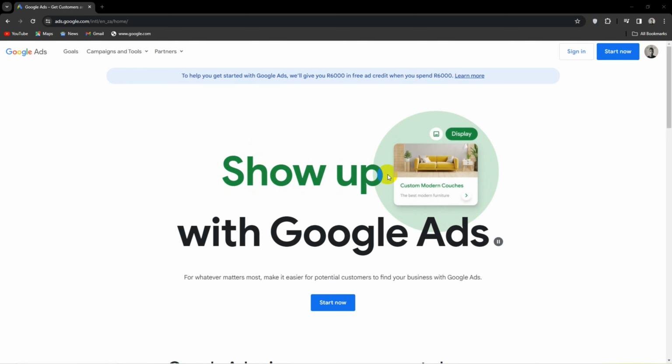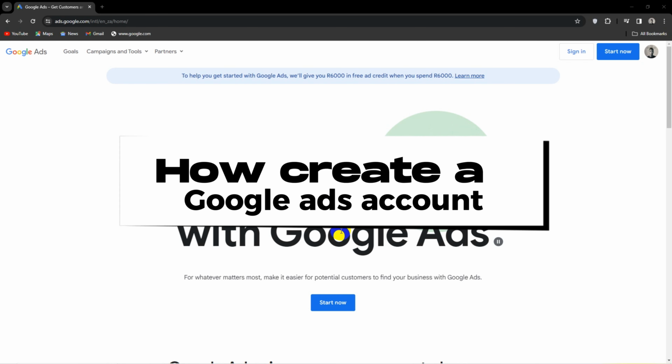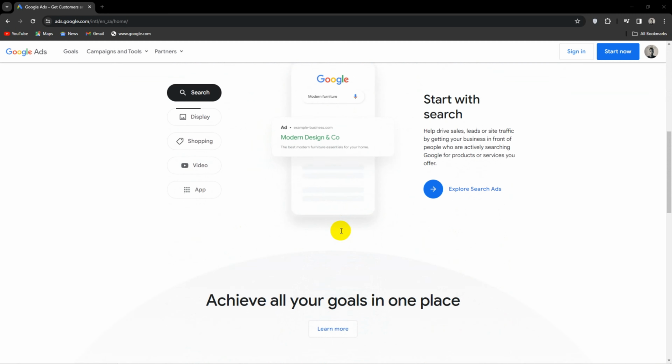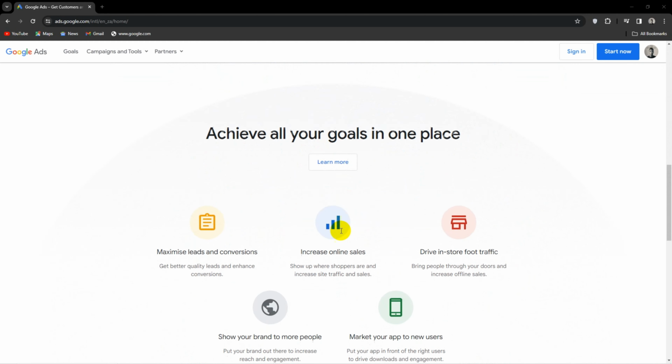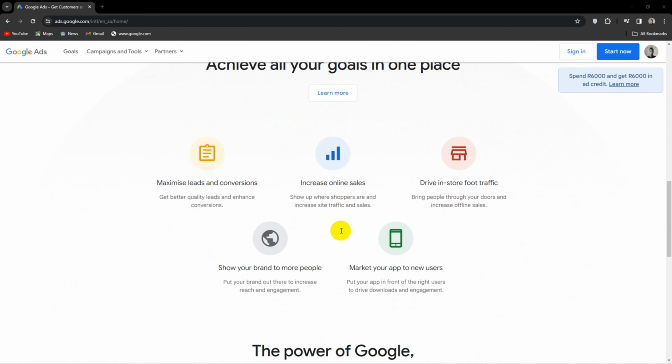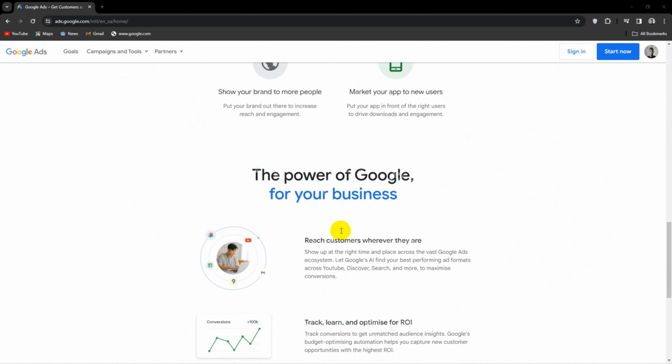Today I'll show you how to create a Google Ads account. This is quick and easy, guys. For those of you who don't know, Google Ads puts the power of advertising in the hands of business owners,